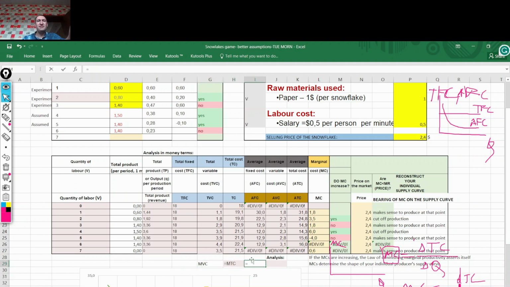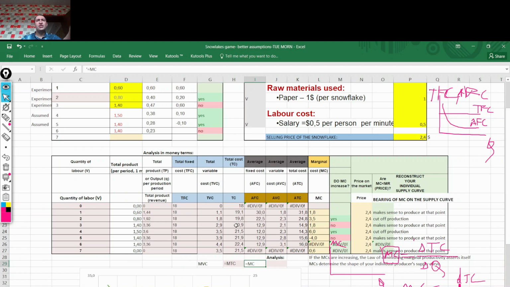We don't care whether we analyze the total cost or the total variable cost. The increase here and here is the same, so we have just one type of marginal costs out there because